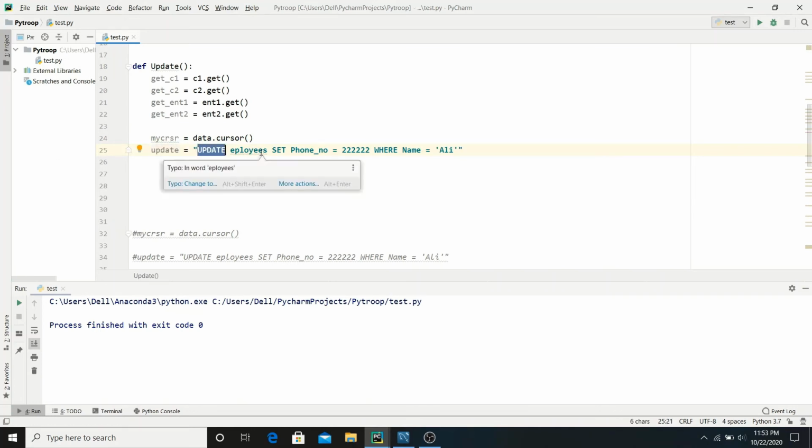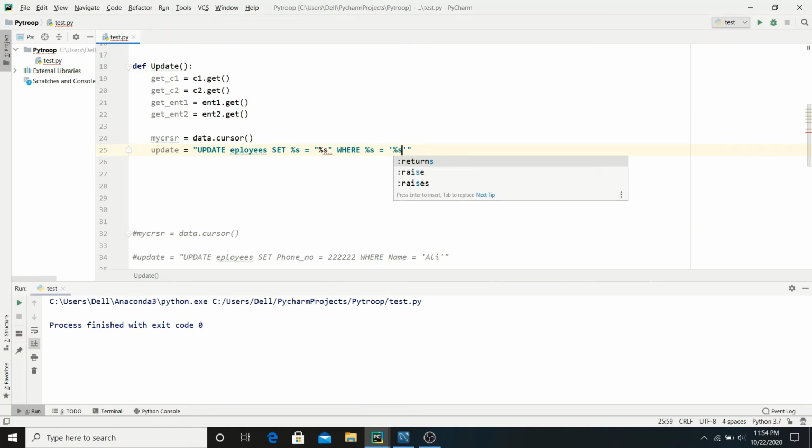Update employees, and now we have to format the values, like when we write percentage s is equals to, here we also write percentage s, and percentage s again, and percentage s here again.